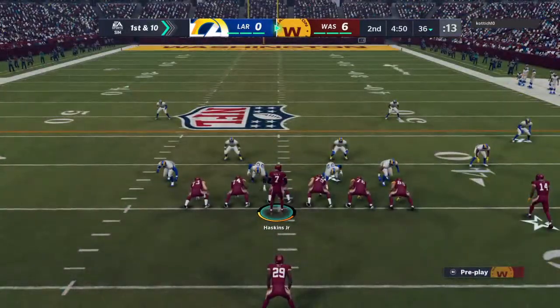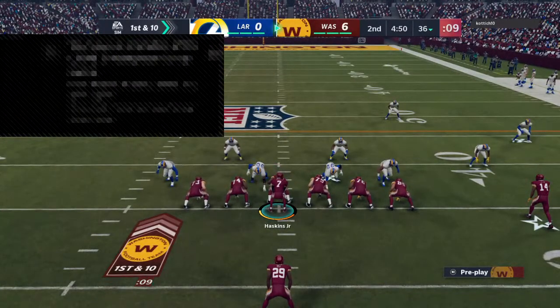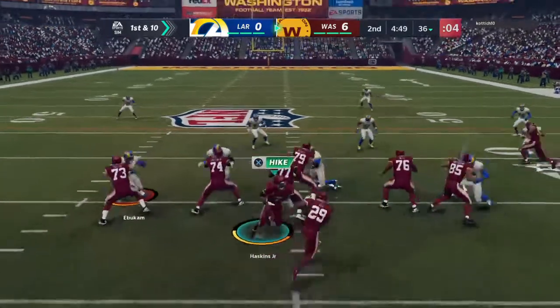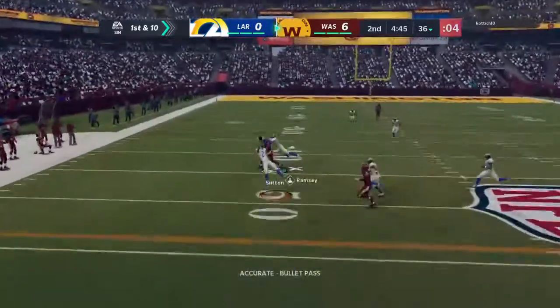The Washington offense at the line and ready to roll. And last time, one-play interceptions. So this offense, they should be fresh. That's a good way of putting it. And I can't wait to see what they decide to do with play calling. Because a one-play drive where you throw an interception, a lot of people...